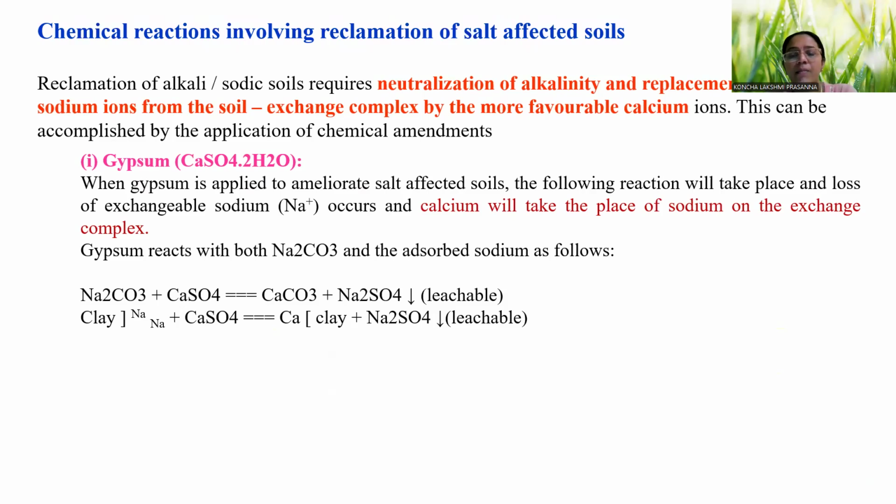This can be done by the application of chemical amendments, which include gypsum. Gypsum is one of the chemical amendments, a white colored soluble substance which is used for salt affected soils, especially the alkali soils or the sodic soils. So when there is usage of the gypsum in the alkali soils,